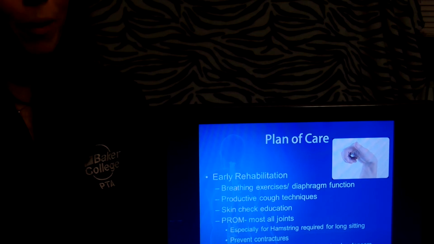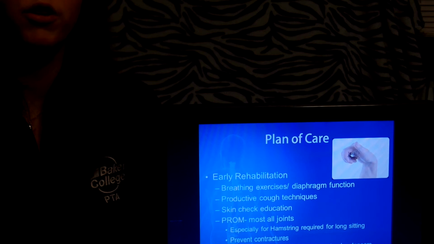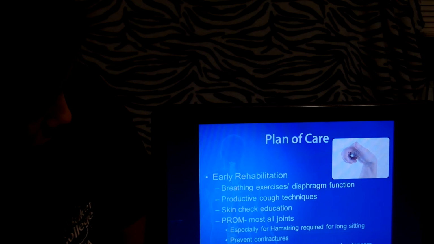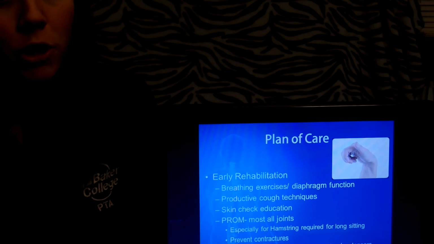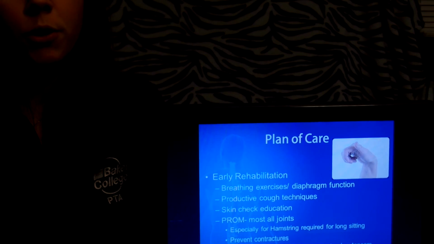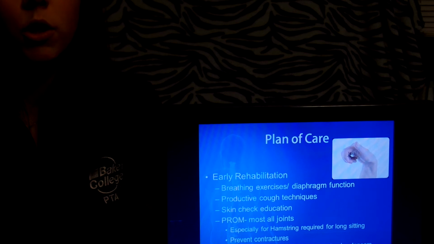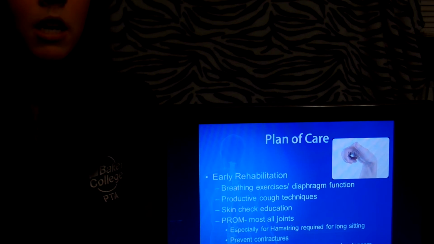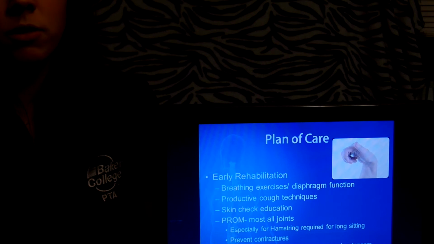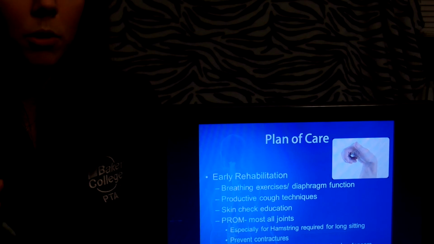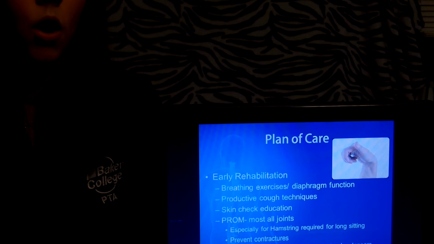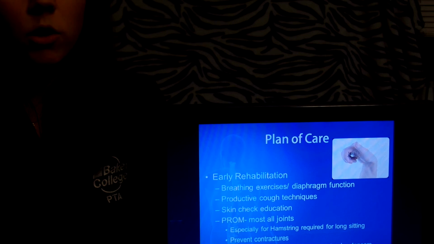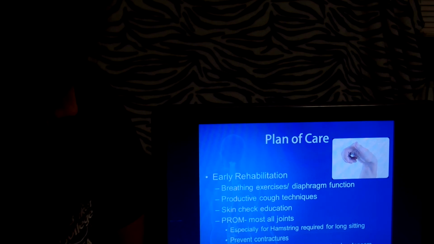You'll also want to do passive range of motion of all the joints, especially the lower joints, because contractures easily develop during those stages. It's especially important for you to gain good range of motion when it comes to the hamstrings. Make sure they're very flexible, because for these patients to do any kind of transfers or bed mobility, they need to be able to do long sitting. So making sure that you have really good range when it comes to hamstrings is definitely important.